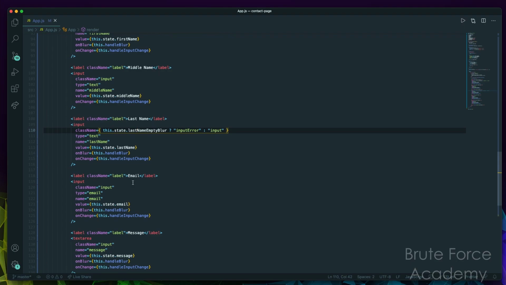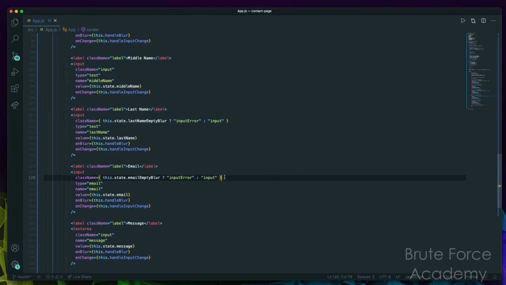Okay, and then what I'll do is come down to the email right here. And instead of checking the last name, we'll check this.state.emailEmptyBlur. If the input field was empty whenever they left, then we're going to add that input error class. Otherwise, we're going to add the regular input class, and we will copy that exact same thing for